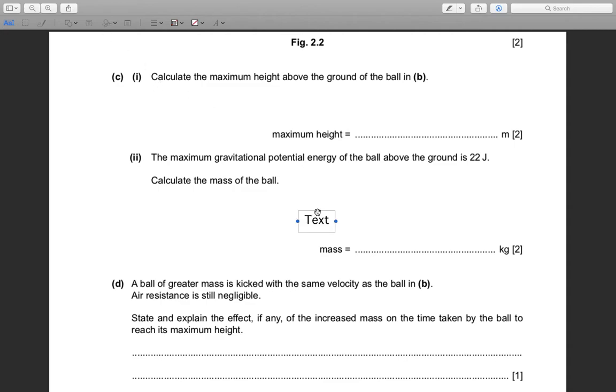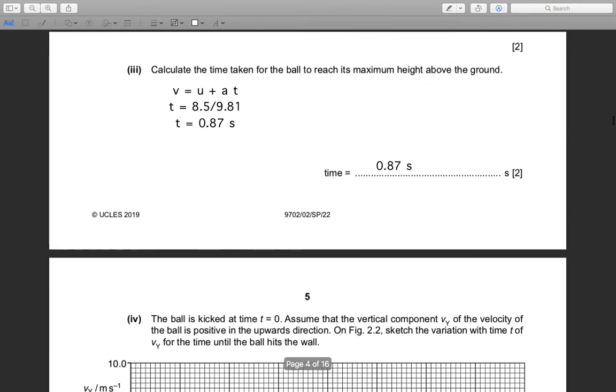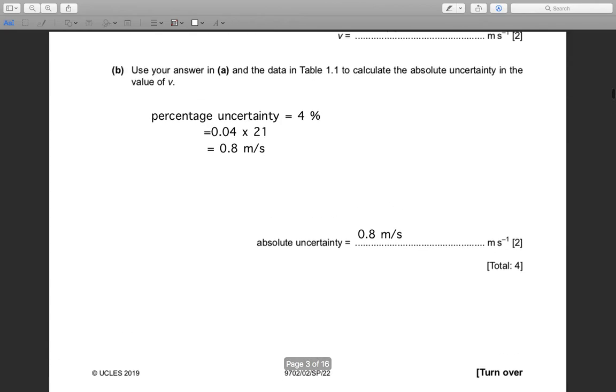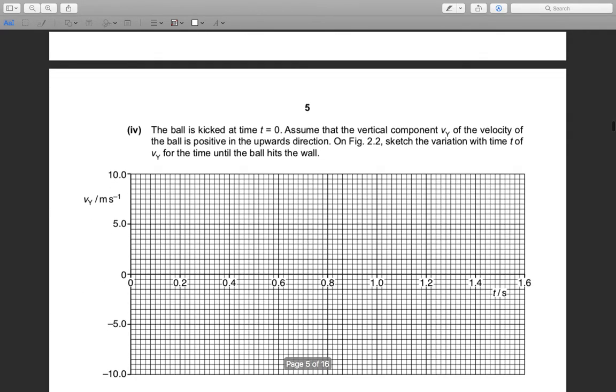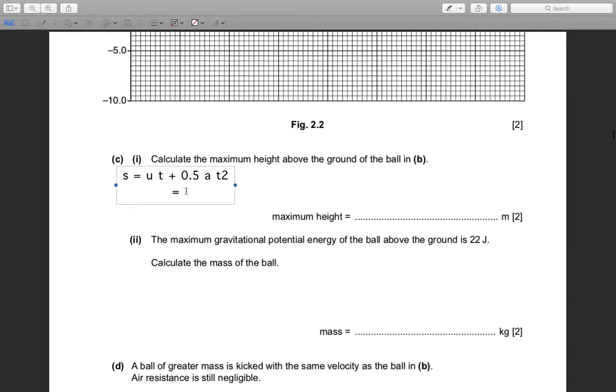You can use s equals ut plus a half at squared. Here u is 8.5, times the time to the maximum, which is 0.87,